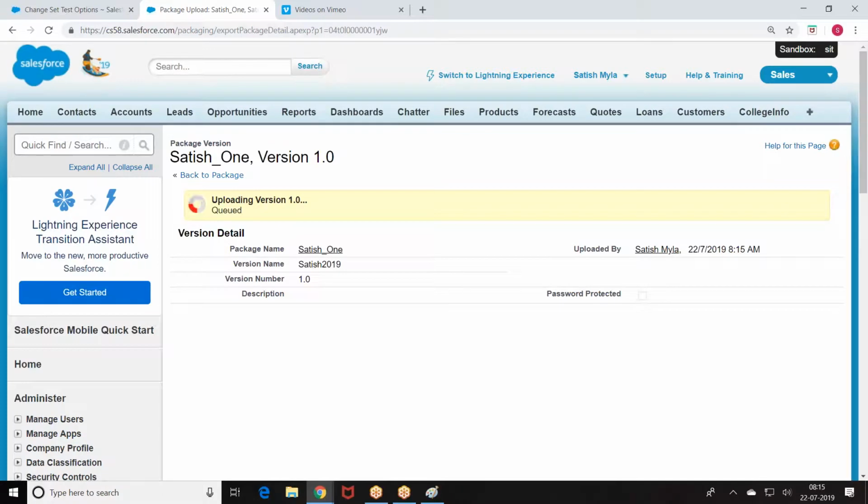So, I will deliver this to the third party. They will click on the link, enter the password. Whatever is there in the package will be installed in their organization. So, we will be delivering them in the form of what? Package. But what are these packages? How many types of packages are there? What is the difference? I'll explain. One way of deployment is change set. Second way, I can also deliver the code in the form of packages. Let it be completed. I will show you the example.